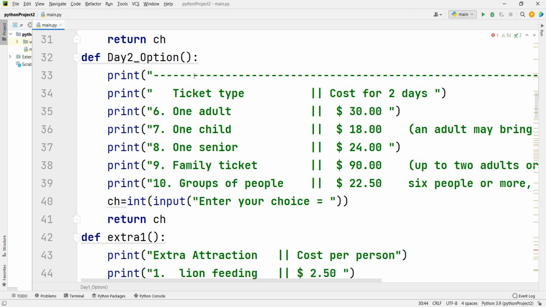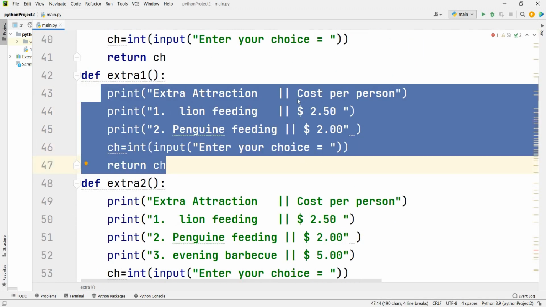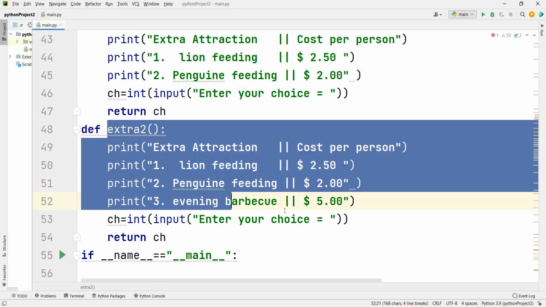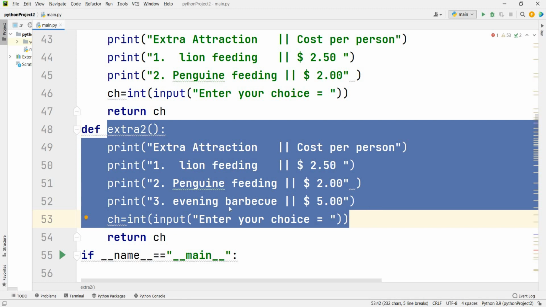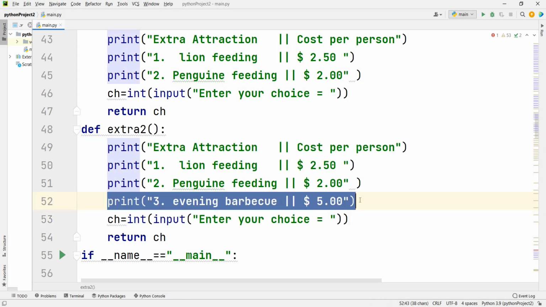If the user wants day 2, it will lead to the day 2 option. This is extra 1 for 1 day, extra attraction cost per person, and this is extra 2 for the 2 days. In 2 days one more extra option is the evening barbecue, that is $5.